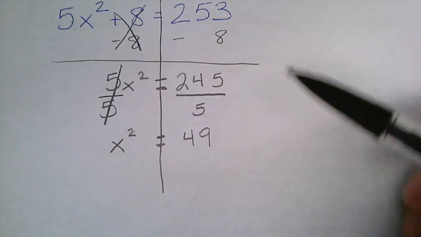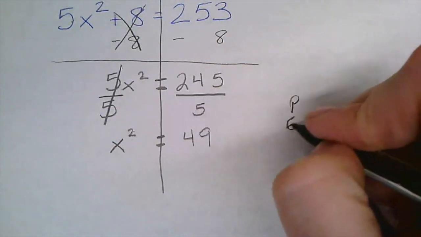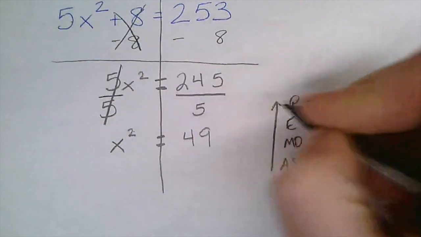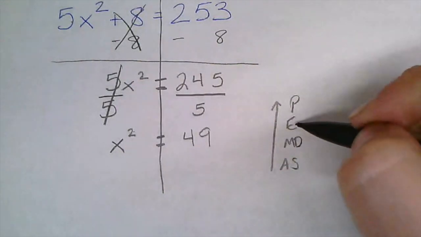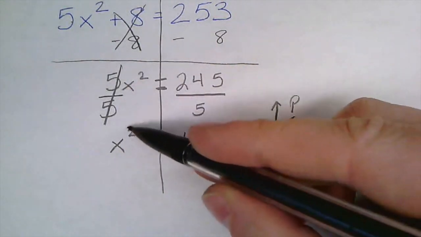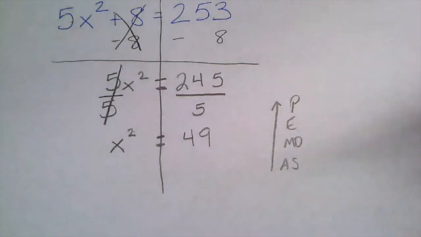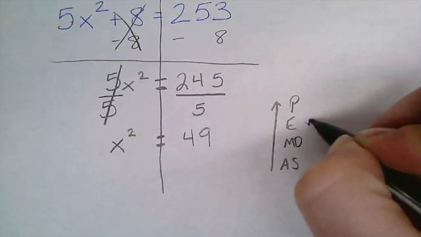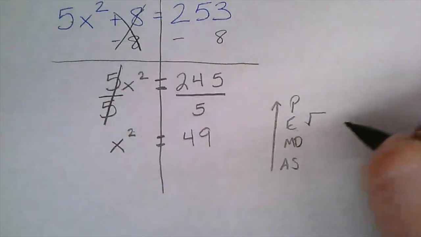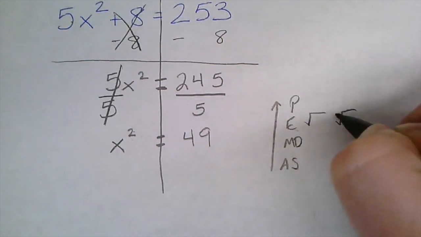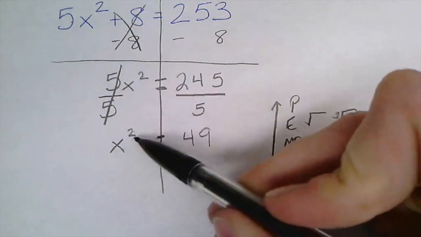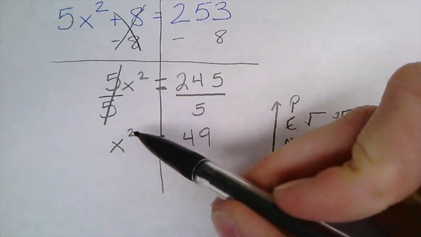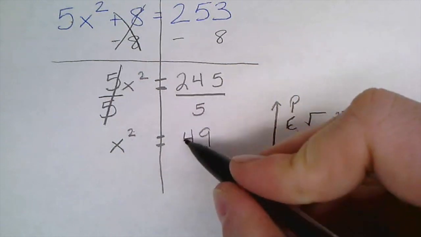If I don't know what it is, now in that order of operations, we've got PEMDAS or GEMS, whichever one you use, I'm going backwards and I'm undoing them. This is the exponent stage, because now I'm trying to figure out how do I get rid of the exponent. The inverse operation of that exponent for squaring is to use the square root. If it was cubing, then I would need to use the cube root. So here, if I want to undo the squaring, I need to find the square root. That means I'm going to take the square root of 49,